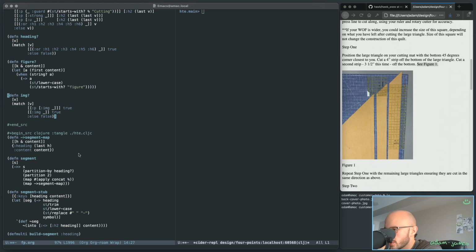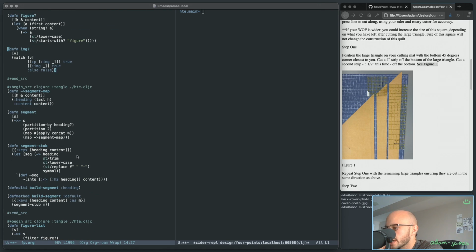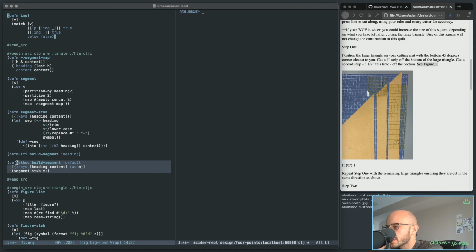So how can I do this? Where's the right spot to do this, right? So I want to do it inside this def method, build segment. Right now, I'm destructuring things here with heading and content. What I can do before I do this is actually